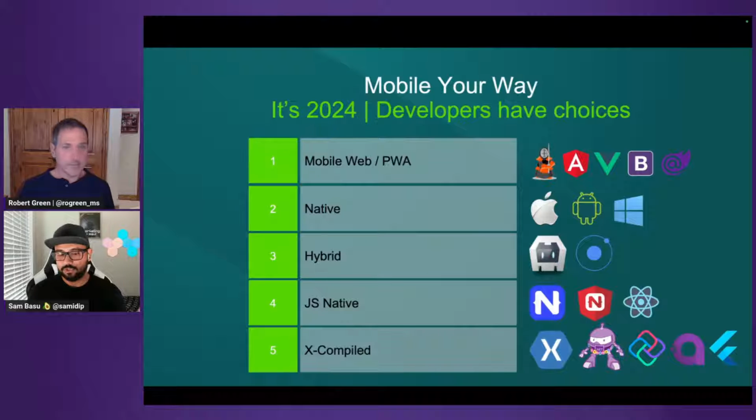A lot of folks who do web stuff, keep doing your web things. There are lots and lots of frameworks that help you make that web app a really good citizen on mobile form factors. You could do mobile web, which is where it starts behaving a little better on mobile devices. You can go all in with progressive web apps, where it's a really good citizen with push notifications, service workers running in the background. But with the same technologies nowadays, you can also build native apps that are cross-platform, with JavaScript, with .NET. So again, choose what works for you.